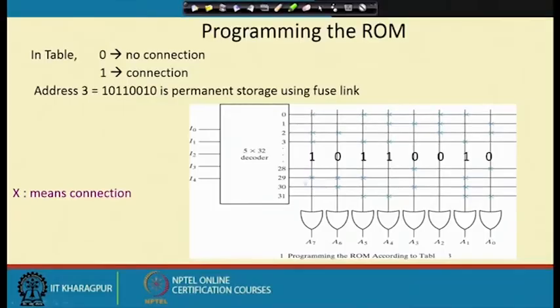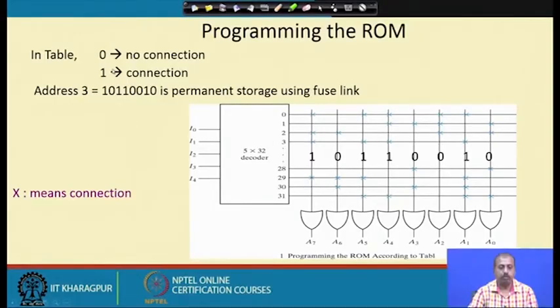So, this programming of this ROM. Suppose we follow this convention that a 0 will be represented by the situation when there is no connection, and 1 will be represented by the situation when there is a connection. So, this address location 3, you see these crosses are there, so that means these points are connected. So, 1 is connection. If you look into these crosses, they are representing the pattern 1 0 1 1